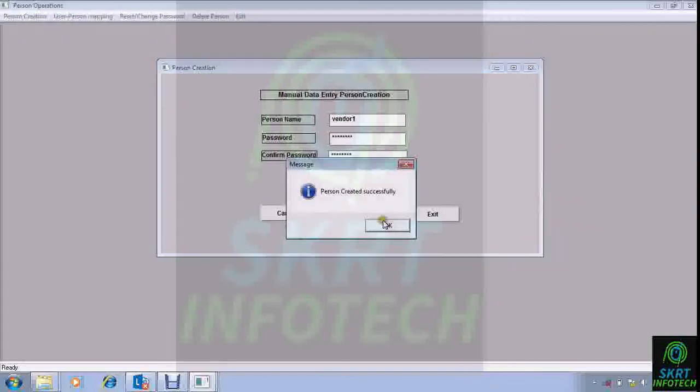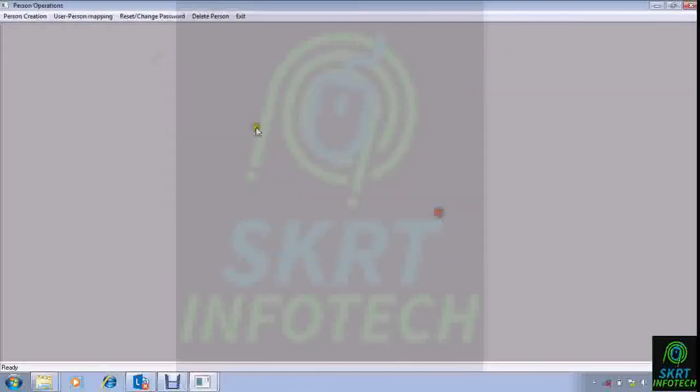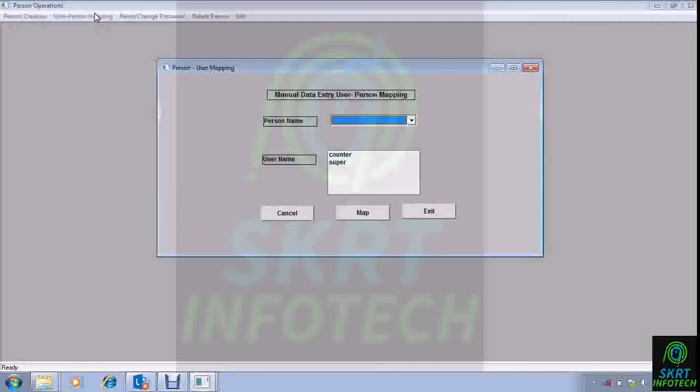Create, done. Next person, create, done. Now what we'll do is we'll map the user and the person.